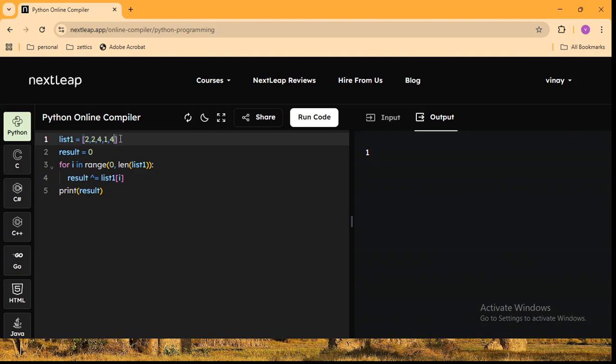In the range, the last value we give is exclusive, so it will not go to n, it will go to n minus 1, the length of the list minus 1. And I've created a variable result equals 0,